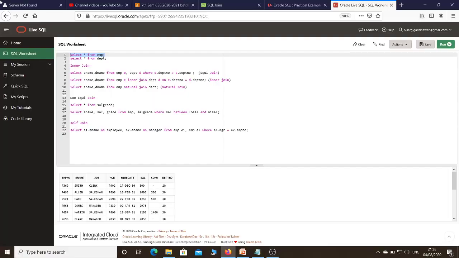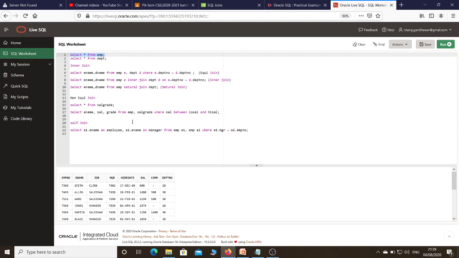Okay, now all of you see here, I have just opened Live SQL. In order to execute all the commands we are going to make use of Live SQL, and here we are going to run a sample SQL script. That sample SQL script consists of four types of table. One is an employee table, department table, salgrade table and the bonus table, with particular data.